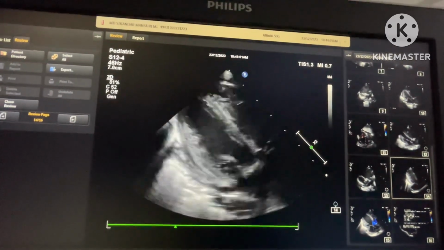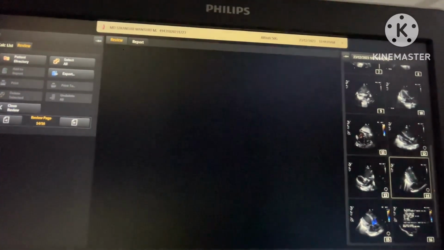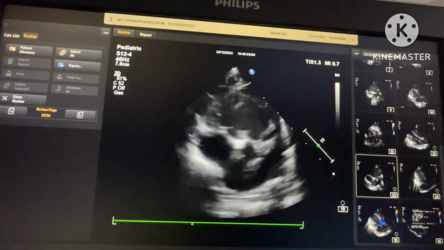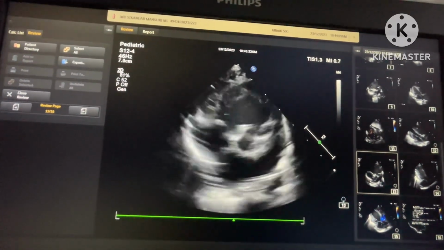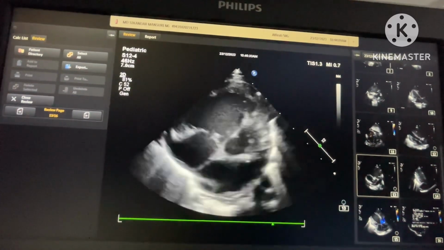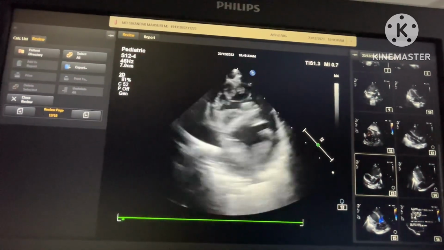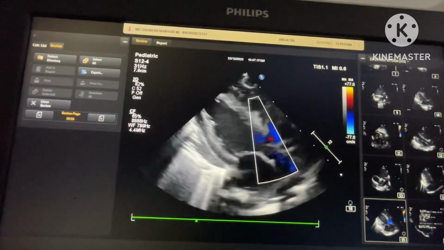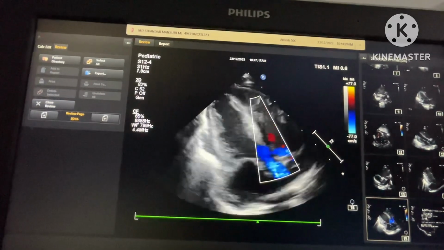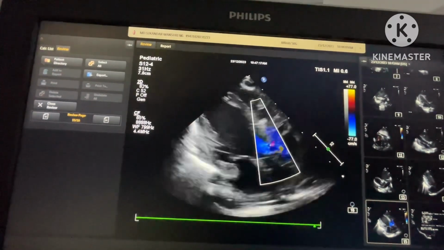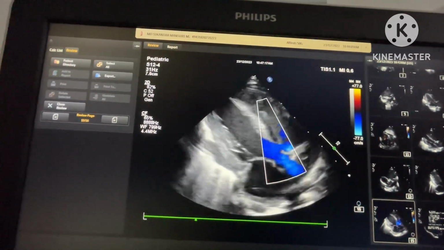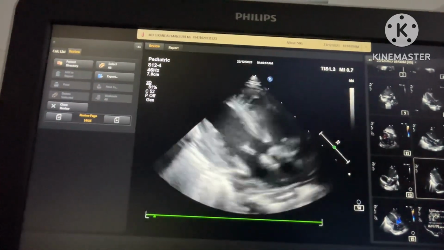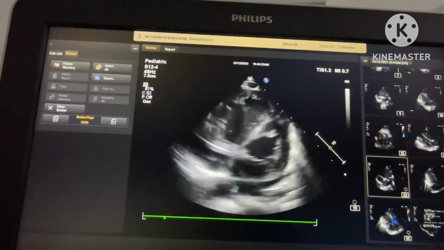In this VSD, what you see is the LV is relatively D-shaped, and the right ventricle has got more size. In case of VSD, that means pulmonary pressure has to be more. And if you see, this flow is right to left, indicating high right ventricle systolic pressure. Ultimately, the case has to be operated early so that the patient does not develop irreversible